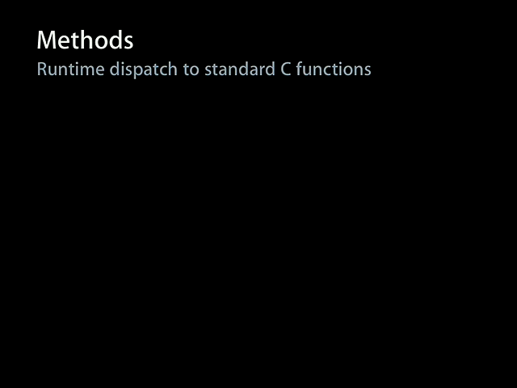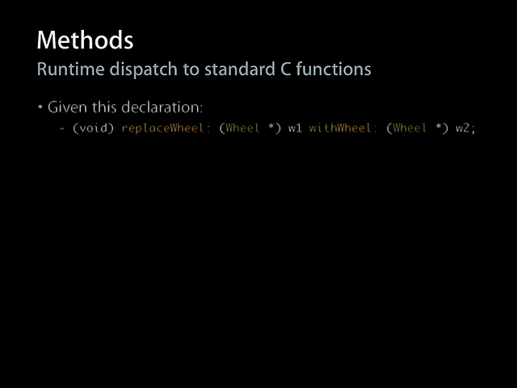So the other part of object-oriented programming is, of course, well, you declare a bunch of classes, then you've got to talk to them. And that's dispatch, method dispatch, or runtime dispatch of method invocations. In Objective-C, methods break down to basically standard C functions. As a matter of fact, the original Objective-C compiler wasn't a compiler. It was a pre-compiler. It took the Objective-C syntax and spewed C code